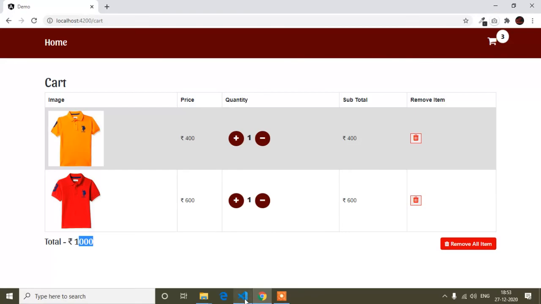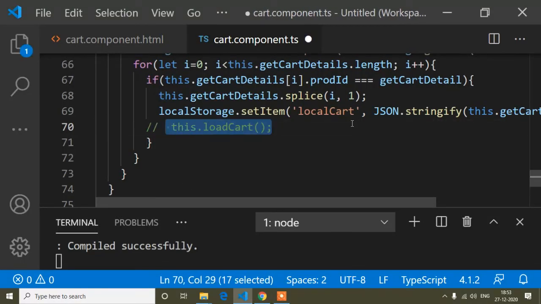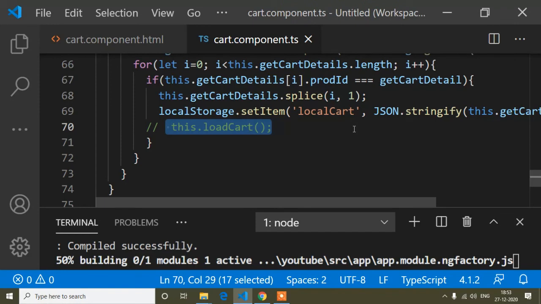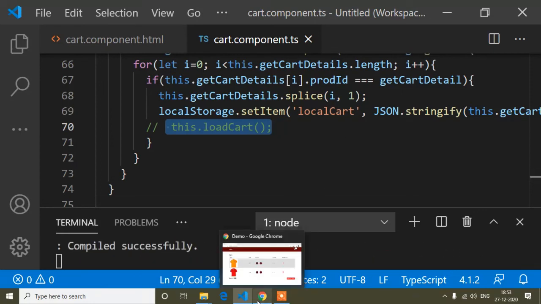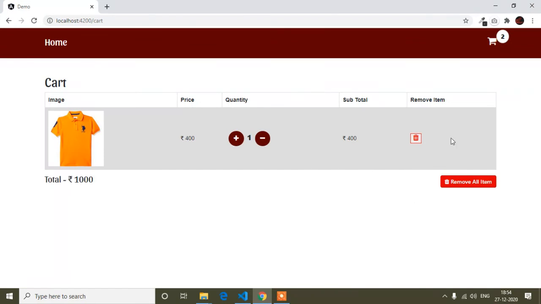Otherwise, after removing any product, if I don't use this method as a callback, I will comment this out, and then I will remove. You can see the total will not be deducted from our cart details page. You can see now the total is 1000, because 400 price and 600.